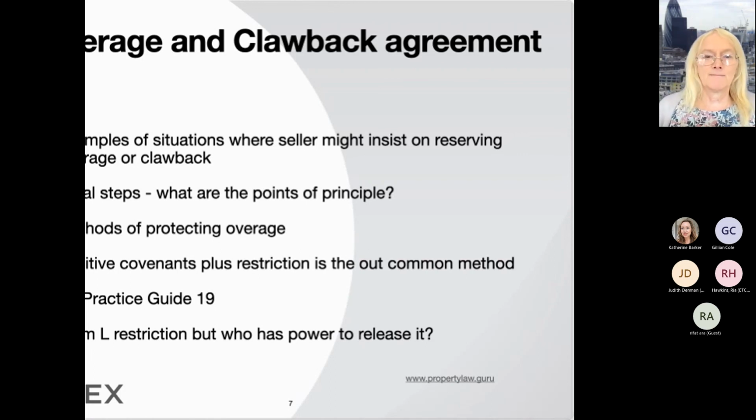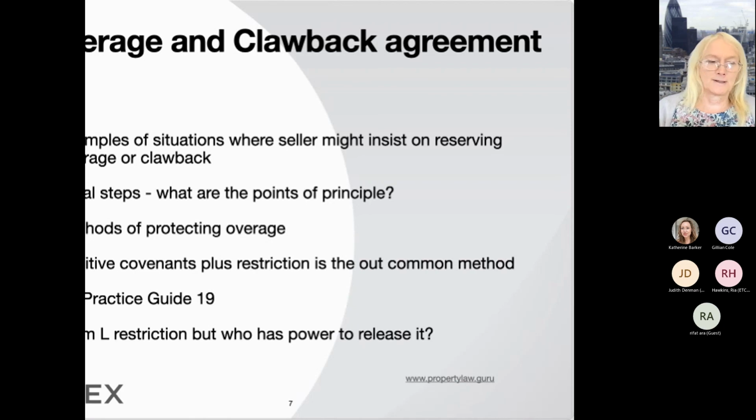And the overage documentation may need to have a strict contractual obligation on the seller to produce such certificate within a set period on payment of the overage, or prior to the completion, but to be held by the builder's undertaking until payment is made. So you need to think about the process of making sure that this restriction is going to be removed in a way that the buyer and the seller are going to be happy.